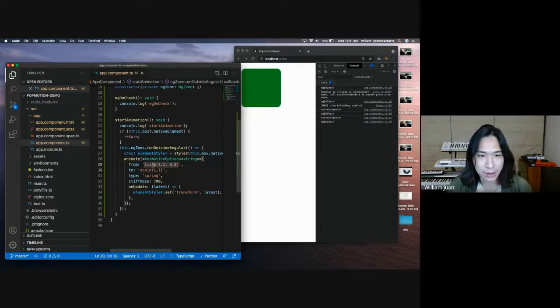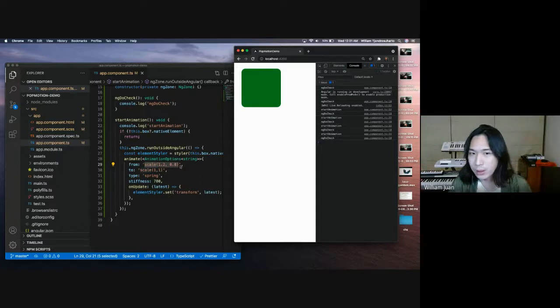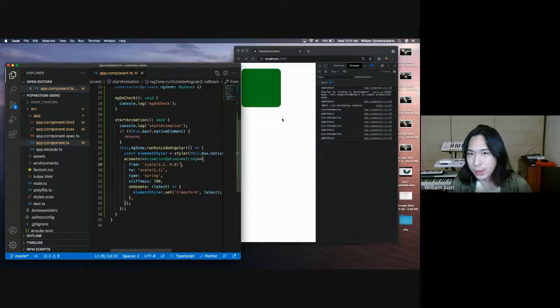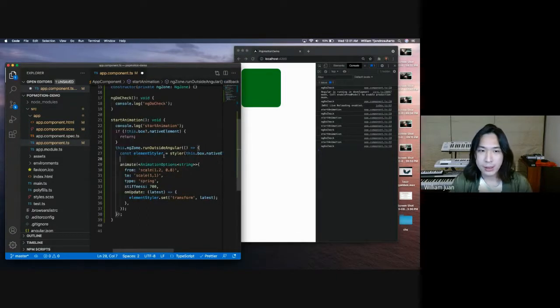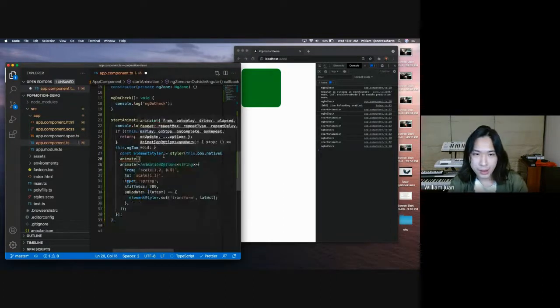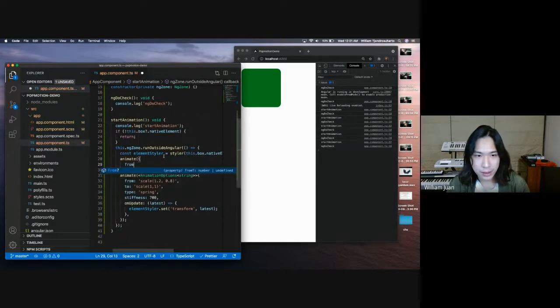Yeah, so you see this first, it jumps because we start at 1.2 and not 1, but you still want that springiness at the end. So a workaround for that is you can actually chain this. Let me show you how. This is a trick I also use whenever I want to get that springiness at the end, but I don't want it to jump in the beginning. So you always want to start with the original,